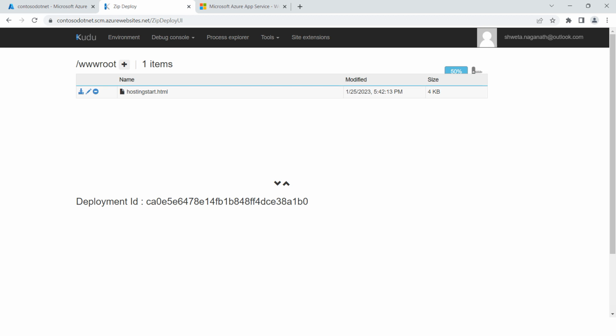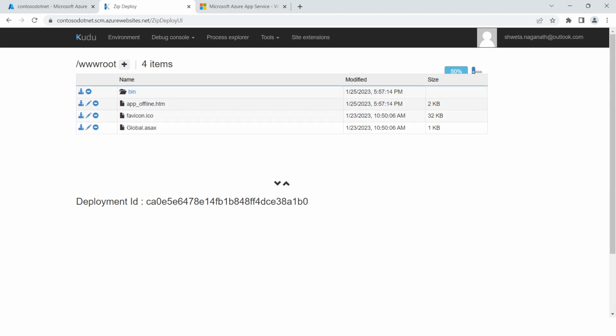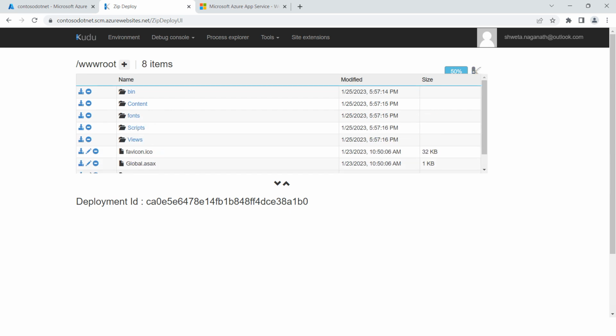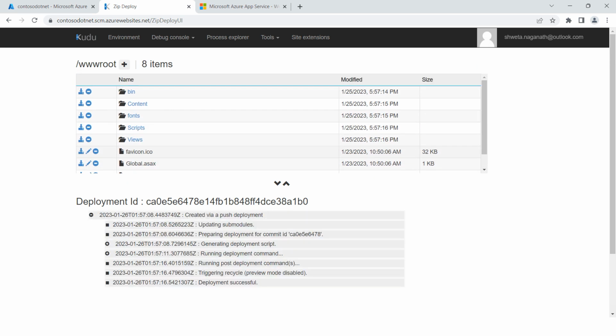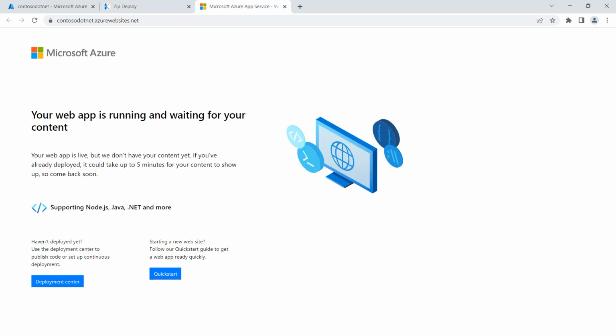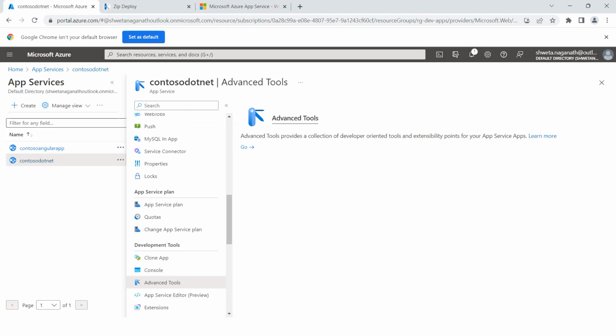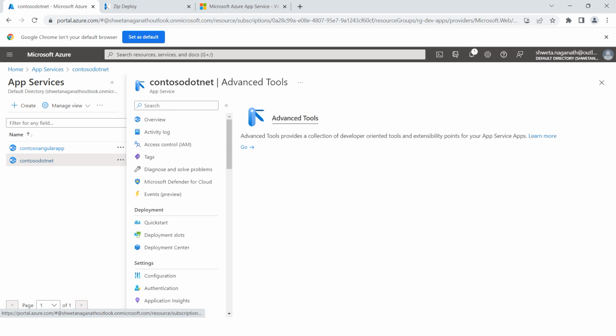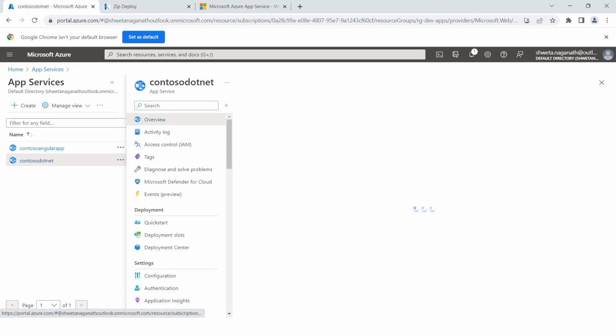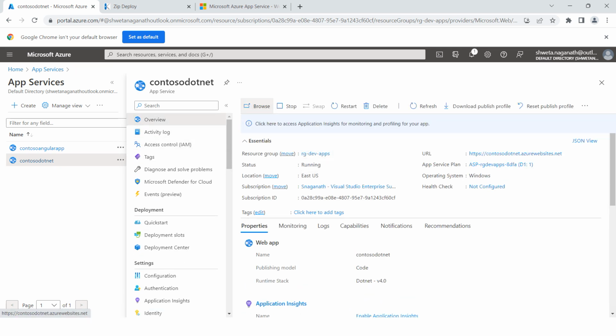The moment you drag and drop, a new deployment is going to get created and we'll see all the files here. Okay, so this is complete. If I go back to the overview and browse this,